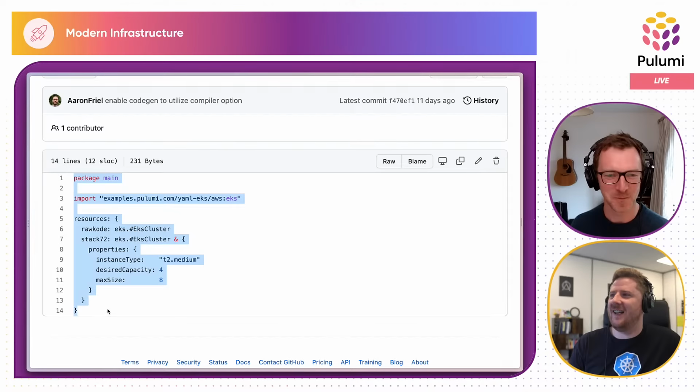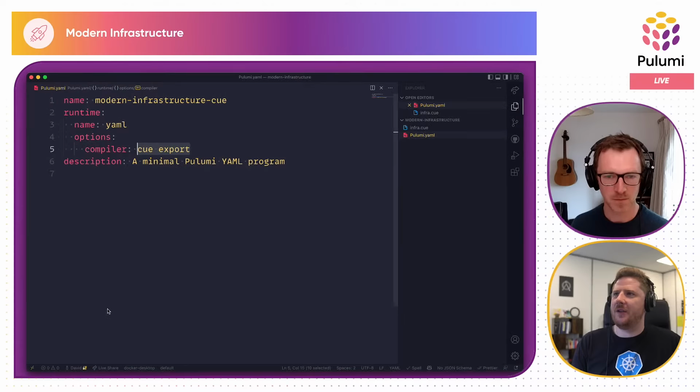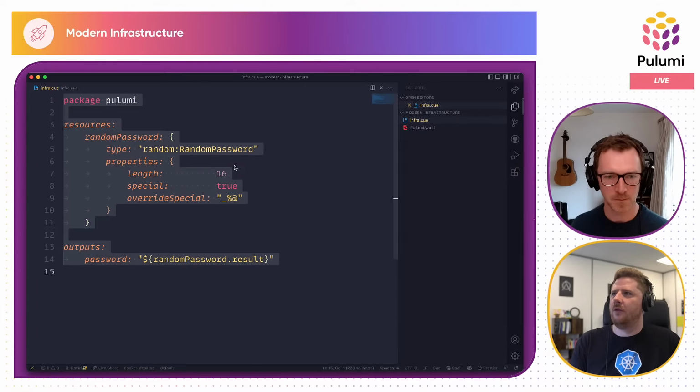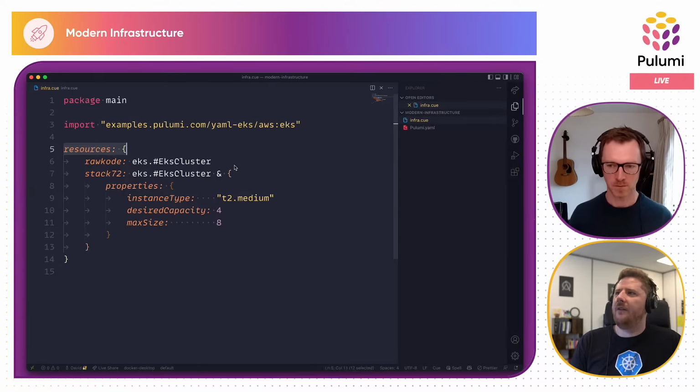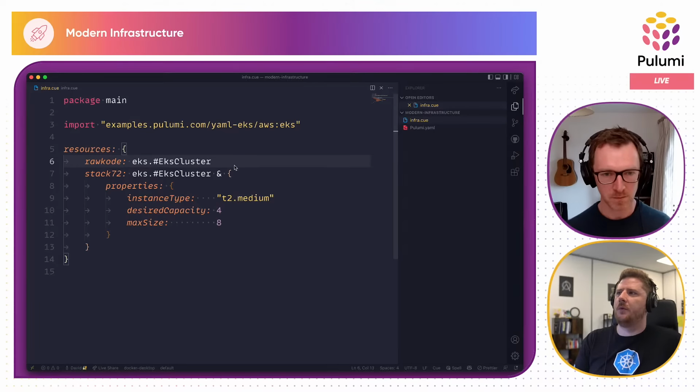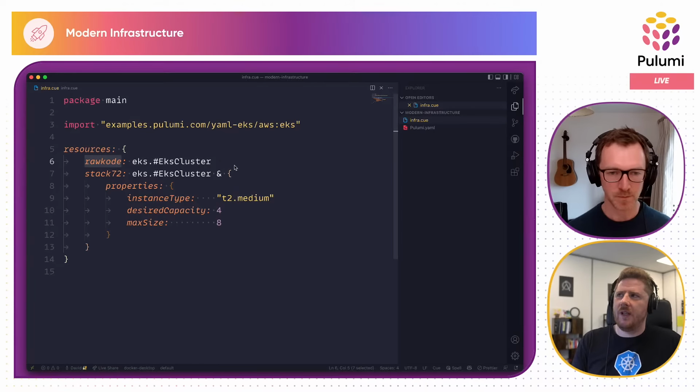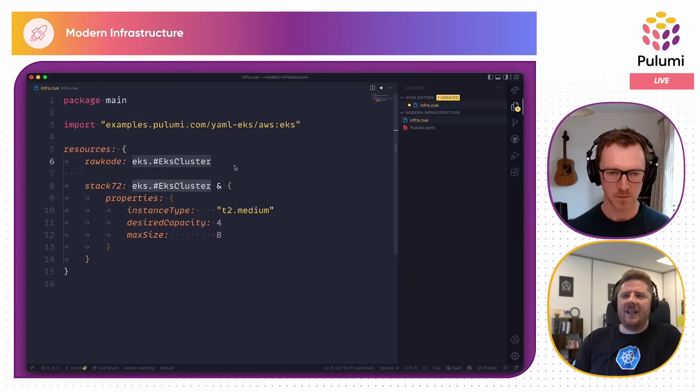All right, let's do this one step at a time so we can see it fail, and then you can kind of walk us through maybe some of the Q things that are happening here. Sure. So we'll leave this as is. We'll blow away this, and then we'll kind of run through this. So we have a resources definition, which hopefully now we're comfortable with, and then we have two resource names, one rawkode, and then one of my colleagues' handle, which is stack72. So here, what we're saying is rawkode is something called an EKS.EKS cluster.